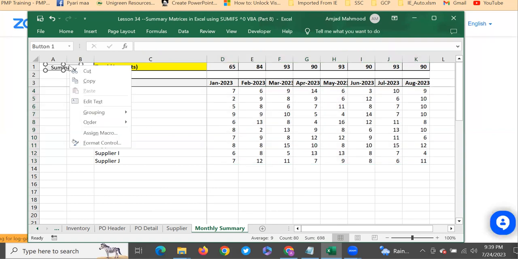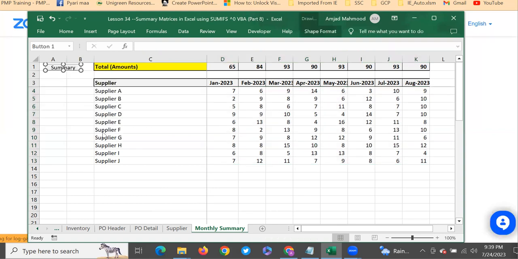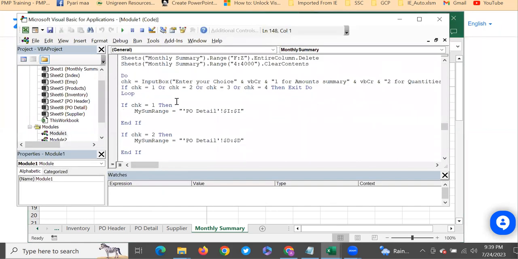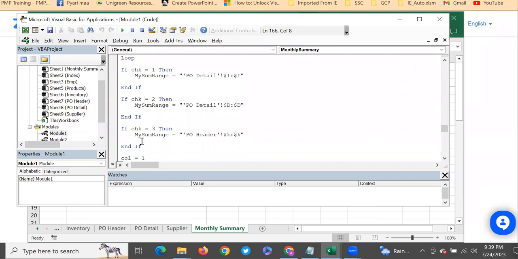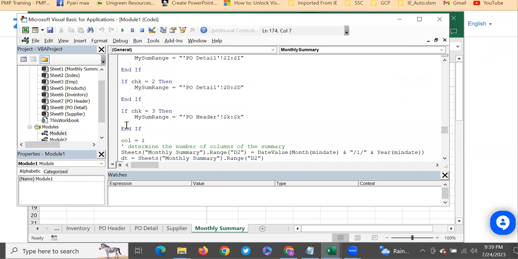We go to the assign macro, and we add it. There was some message box. That's fine. If choice is 1, choice is 2, choice is 3, right? And in case the choice is 4,